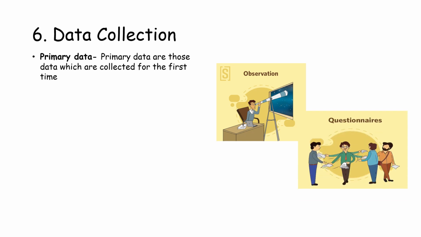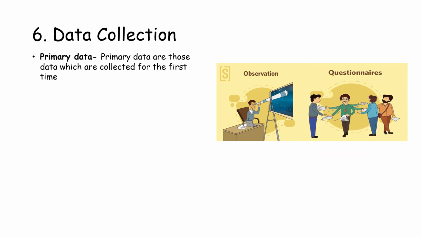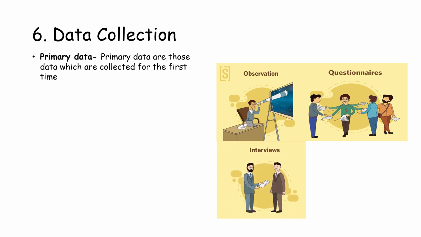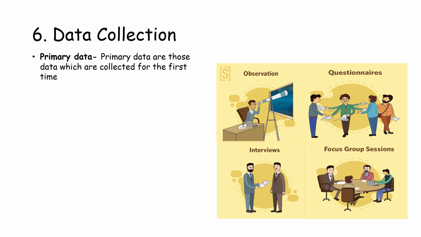The second type of source is questionnaires, issuing questionnaires that comprise a list of questions which the respondent should answer. The third type of primary data collection source is conducting face-to-face interviews, and the fourth commonly used source of primary data is focus group sessions. It is a method of gathering the data in which a group of people discuss and give their viewpoints on